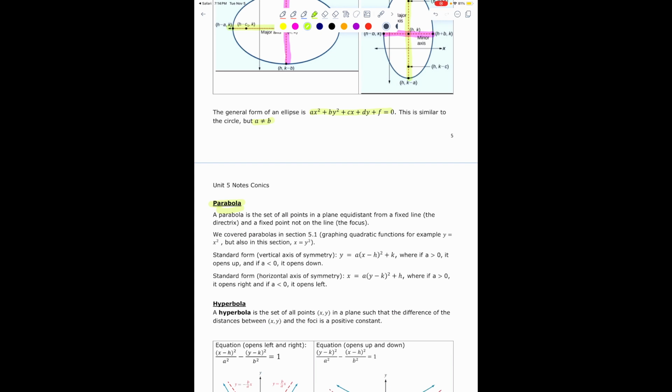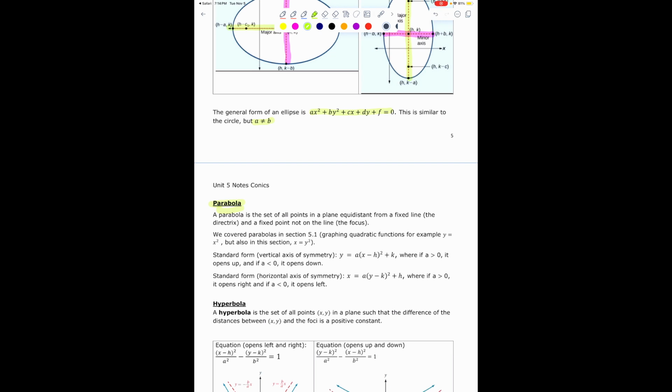The standard form for a vertical axis of symmetry is y equals a times x minus h all squared plus k, where if a is positive, it opens up, and if a is negative, it's going to open downwards. Another standard form, in this case the horizontal axis of symmetry, which is the one that is not a function, is x equals a times y minus k all squared plus h, where if a is positive, the parabola is going to open to the right,